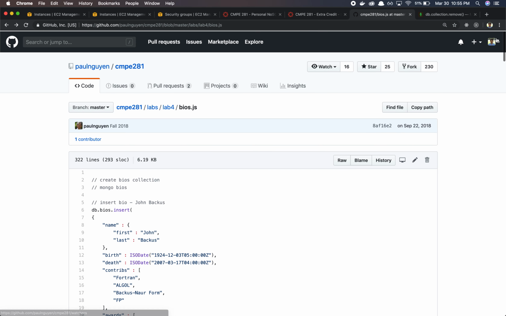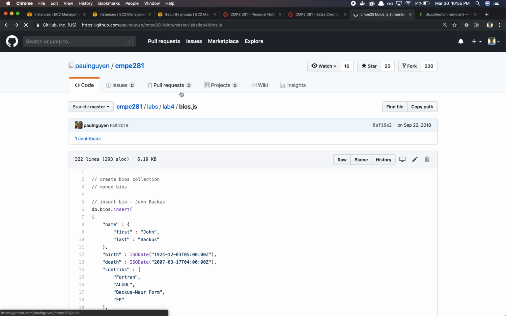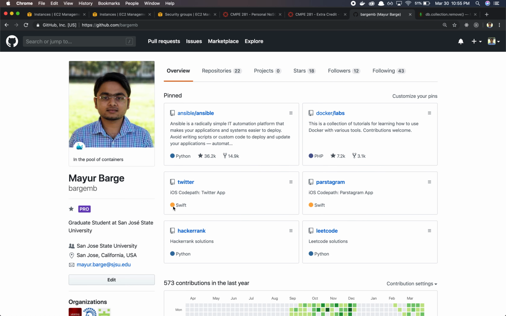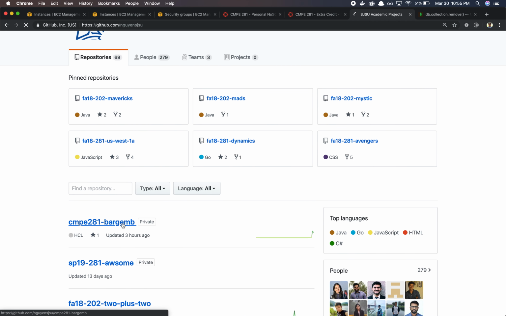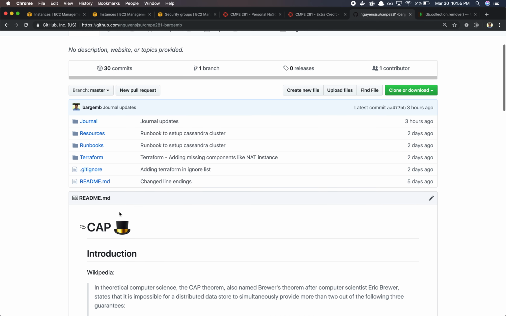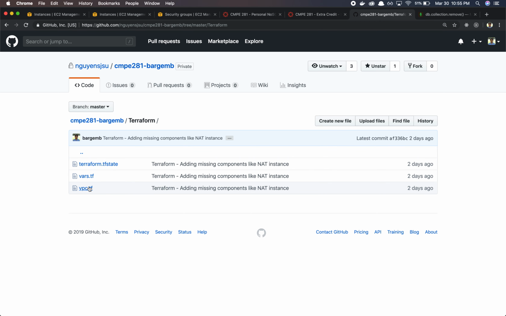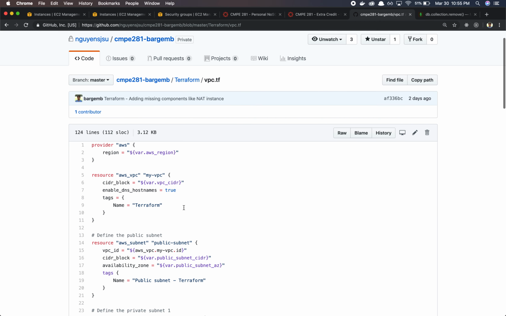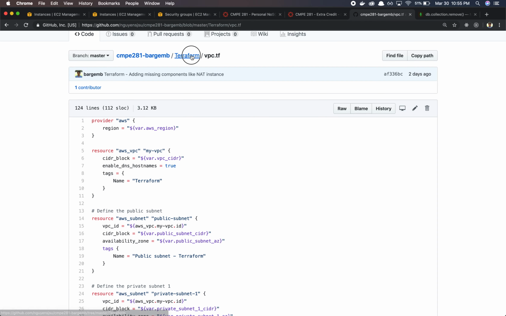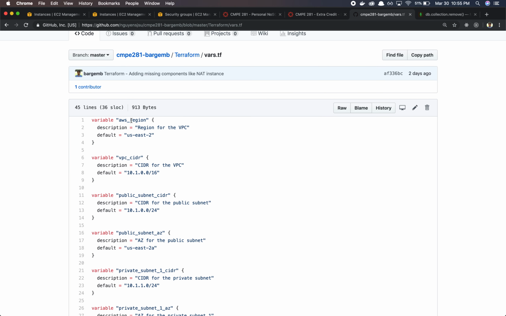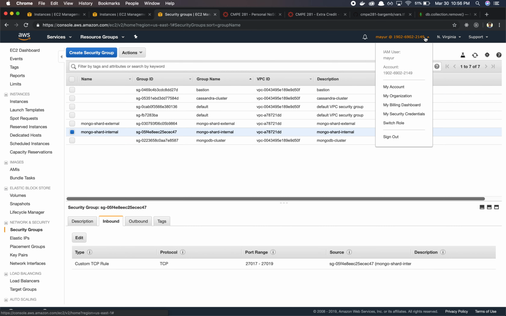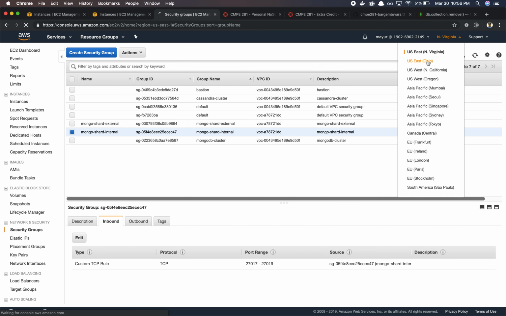So if you go here, what I'm doing here is I've created a VPC TF file where I have first of all, let's go to variables files where I have defined a region, US East 2. Now if you go to US East 2 region, that is Ohio region,